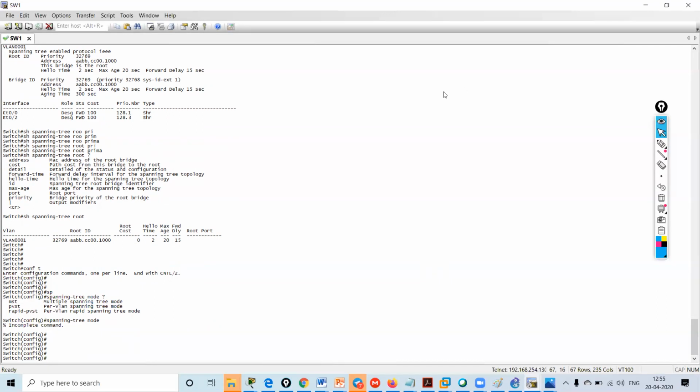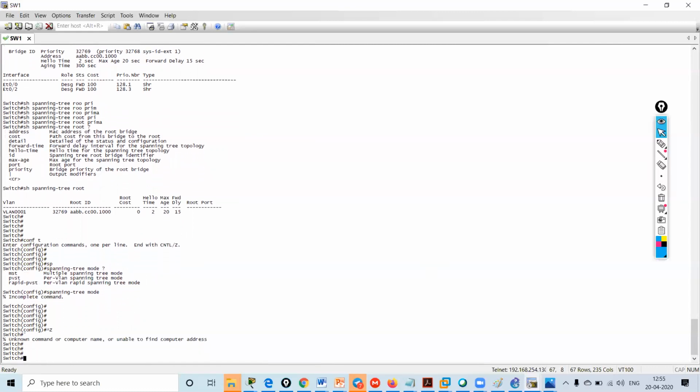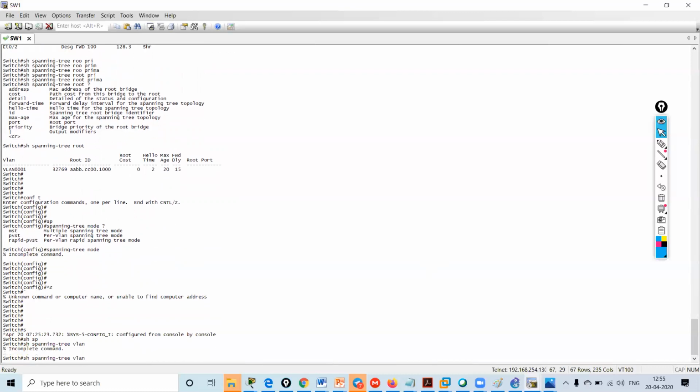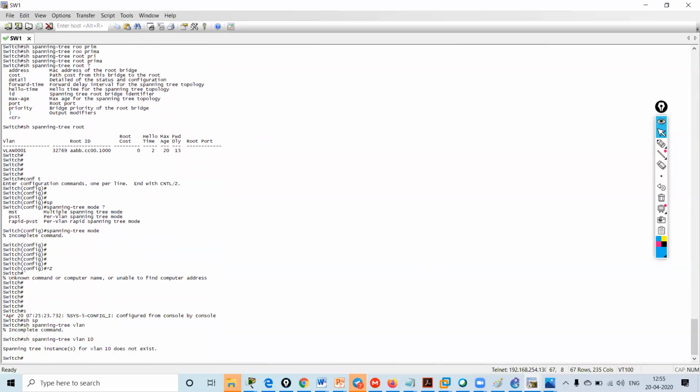Sir, can't we do show spanning tree VLAN 10 or something, where it will show the spanning tree for VLAN 10 and say for that particular VLAN this is primary or something? I don't remember the command.